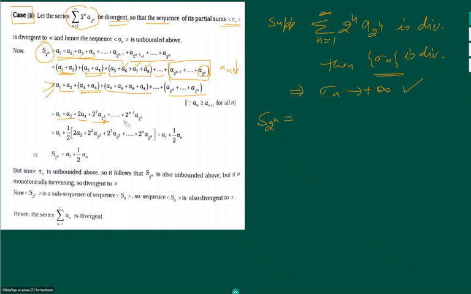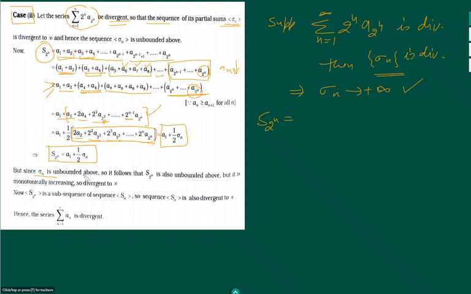which you can write as 2 raised to 3, and then how many terms? 2 raised to n minus 1 terms, a_{2^n}. Alright, and what you do is a1 plus, and from all these terms you divide by 2 and multiply by 2, taking 1 by 2 common, so it is 2a2 plus 2 squared a_{2^2} plus 2 cubed a_{2^3} plus ... plus 2^n a_{2^n}, and this is sigma n. This part is sigma n, so